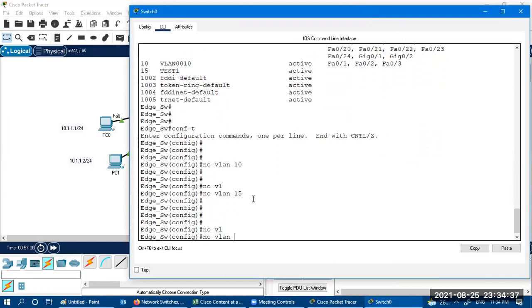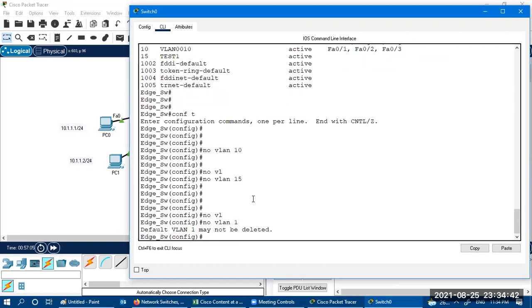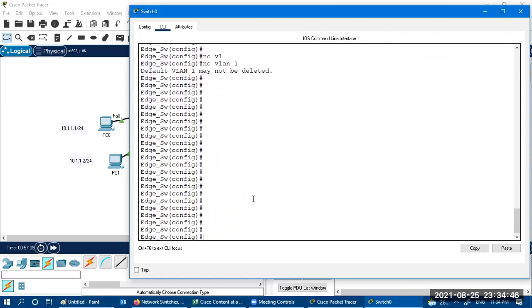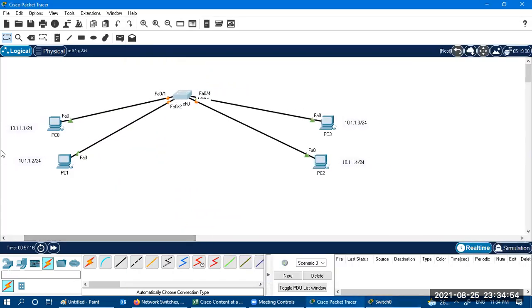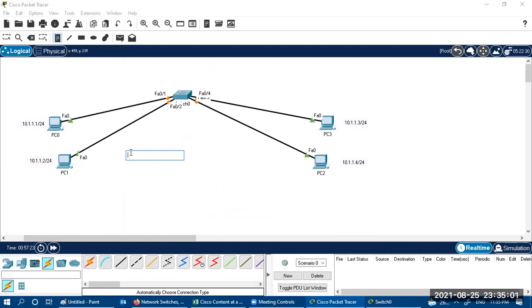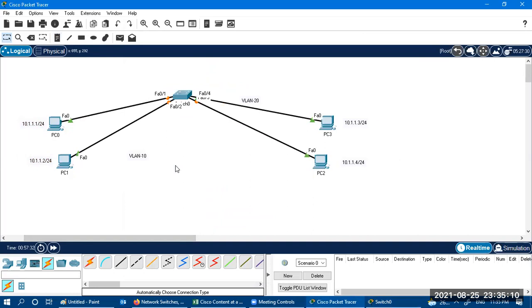But if you try to delete VLAN 1, it will not be deleted. VLAN 1 is a default VLAN, so we can't delete it. Now I'm going to configure according to this topology. One more thing, this is VLAN 10, and this is VLAN 20.